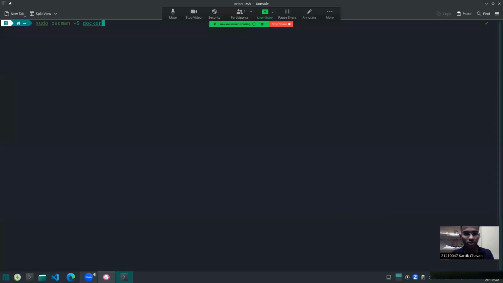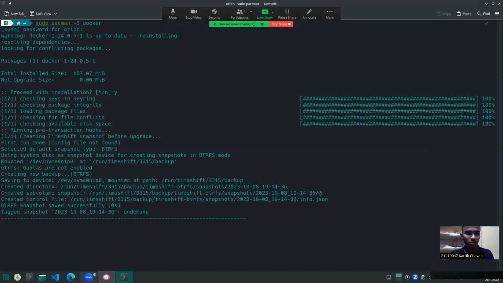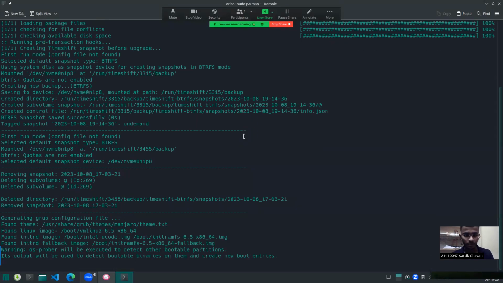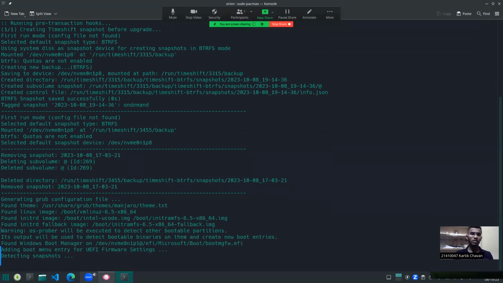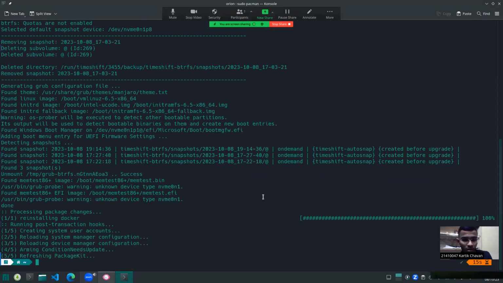This command is for installing Docker. It will take some time. Yes, it is successfully installed.